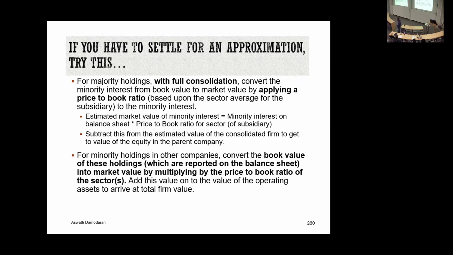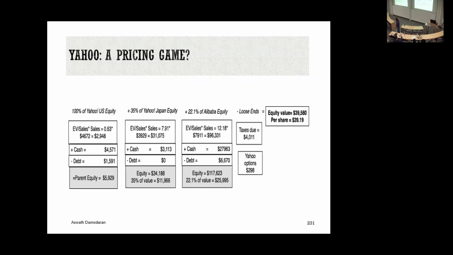So let's say you have a chemical cross holding with $100 million book value. And a typical chemical company trades at 1.5 times book value. I take the 100 million times 1.5, and come up with the value. Am I happy with this? Not at all. It's sloppy. I wish I could do better. But with the information I have, I take that over book value every single time. So do the best you can with cross holdings.